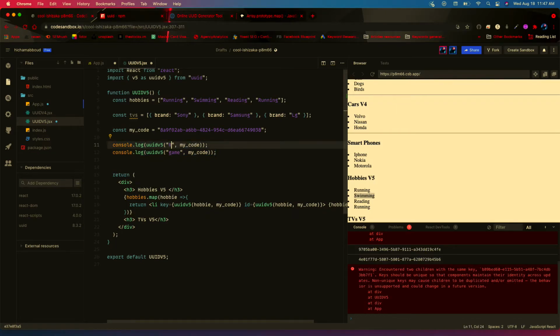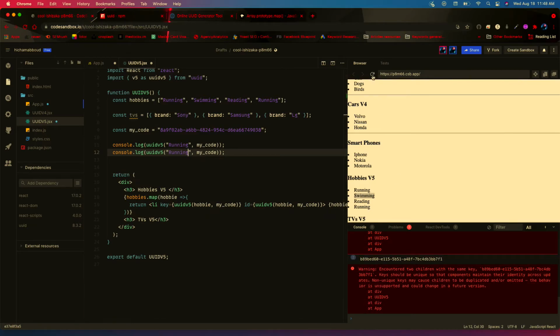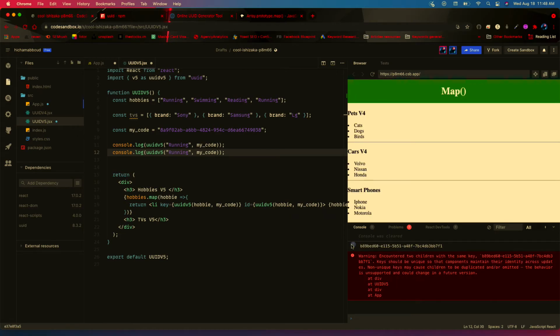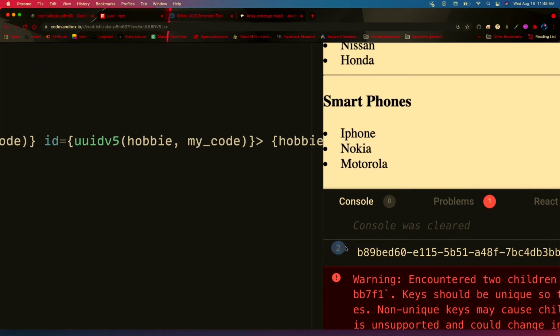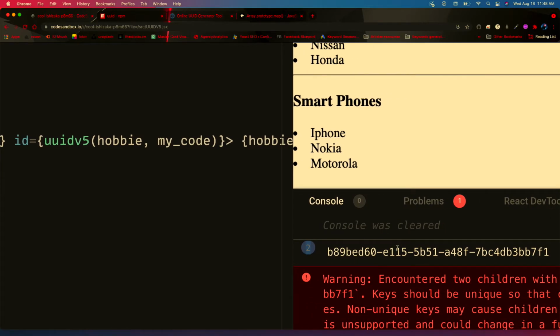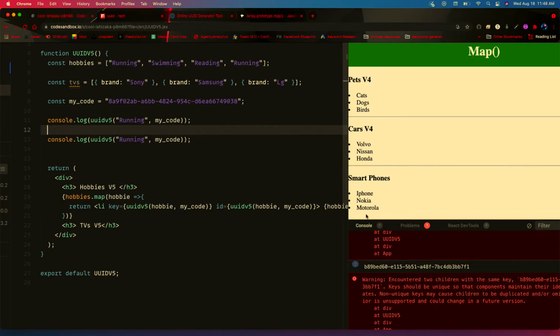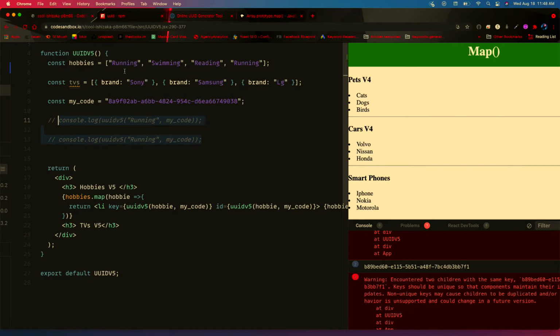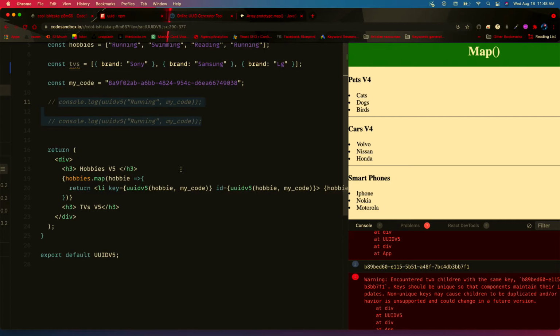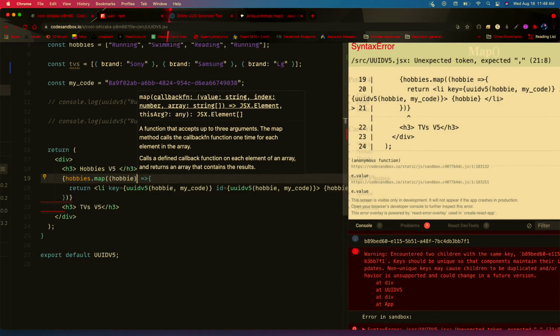So if I type in running here and then running here, if I refresh, you see, it says 2. I don't know if you can see it here. So there is 2 and then the same code. As you see, both of them return the same code, and that will throw the error that we got because these two elements cannot have the same key. So in order to solve this issue, as we said earlier, the map method returns 2 arguments, the value and then index. Okay,